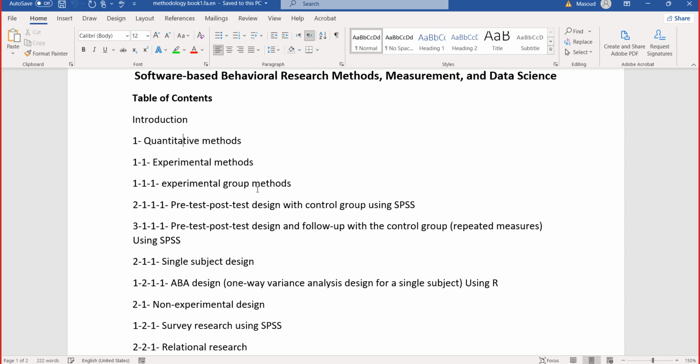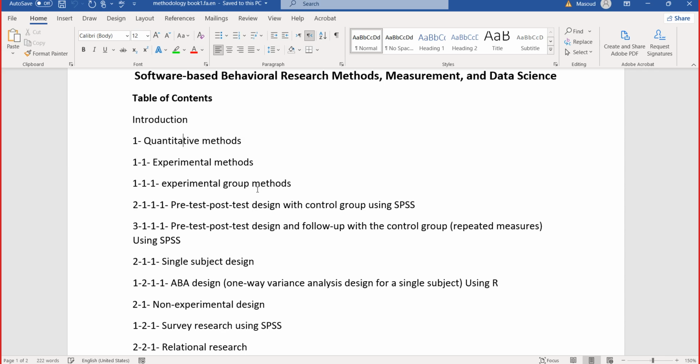The other is the pre-test, post-test design with follow-up with control groups. It is actually the extension of the pre-test, post-test design with the follow-up phase added. It's actually for repeated measures.